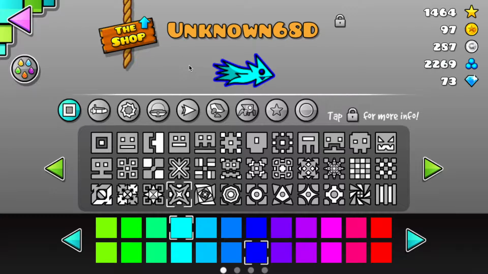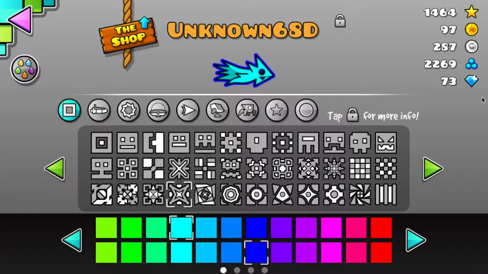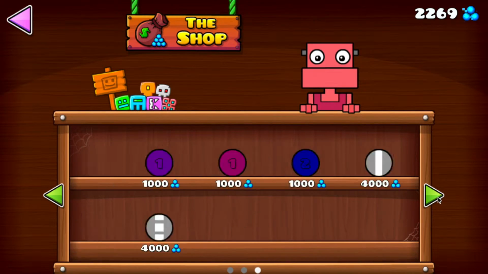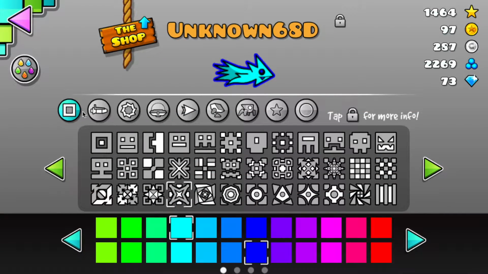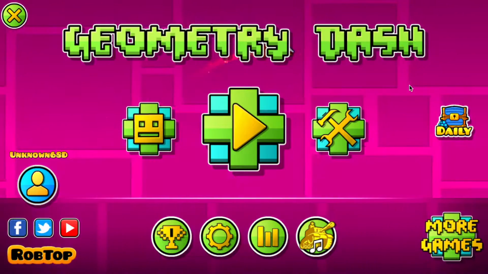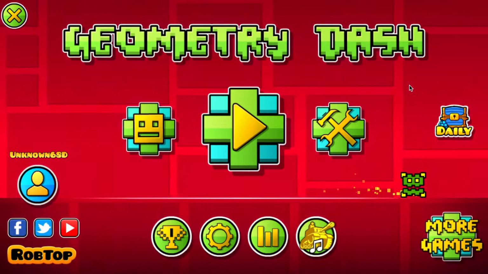We actually still have all the same features as Geometry Dash World. Now we have a shop in the regular game. Now we have the shards of power in the regular game. My stats don't say 0 anymore, so that's pretty good news. And now if we go to the shop, look, everything's fine. Let's head back out of here now. It's pretty much everything's the same, except there's a couple new trails available here too, which is actually pretty cool. And these are all the same from Geometry Dash World. I already covered this in my Geometry Dash World video. So all those features are just from Geometry Dash World. If you want to see that, just click the eye in the top right corner and it'll bring you straight there. And that's enough to say about that.